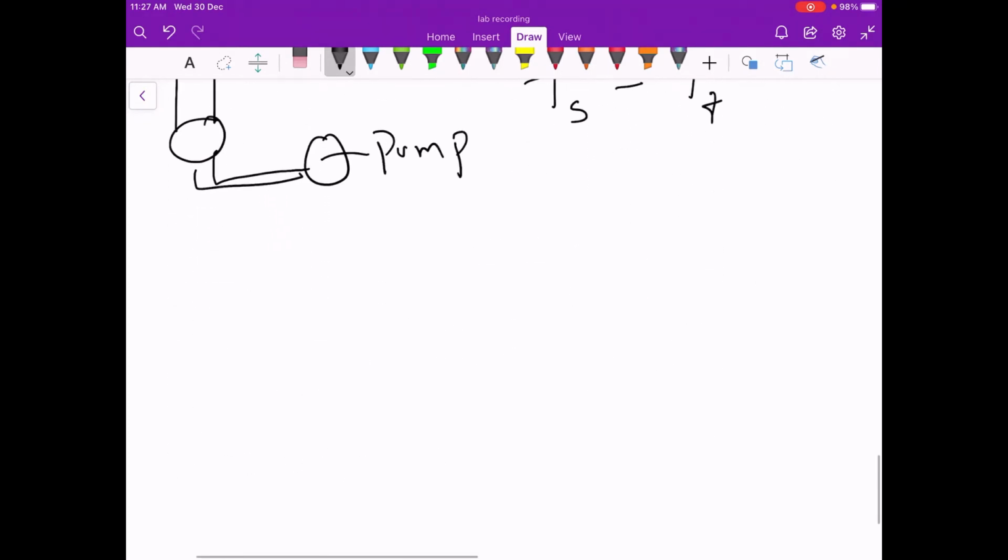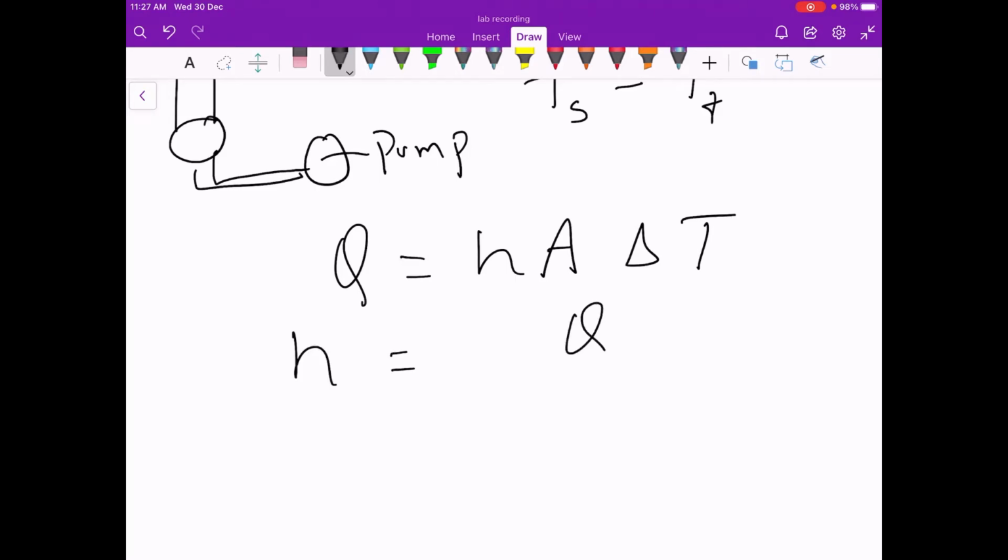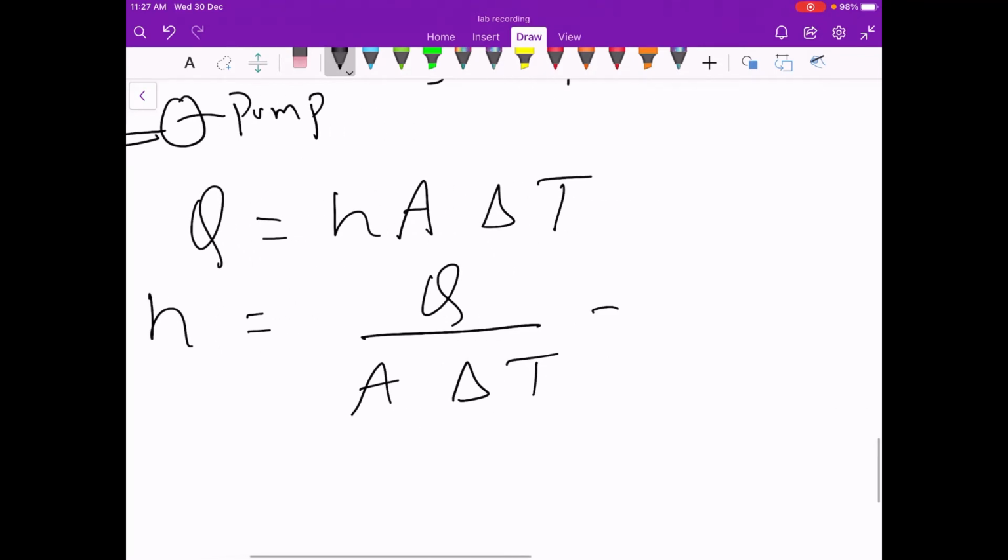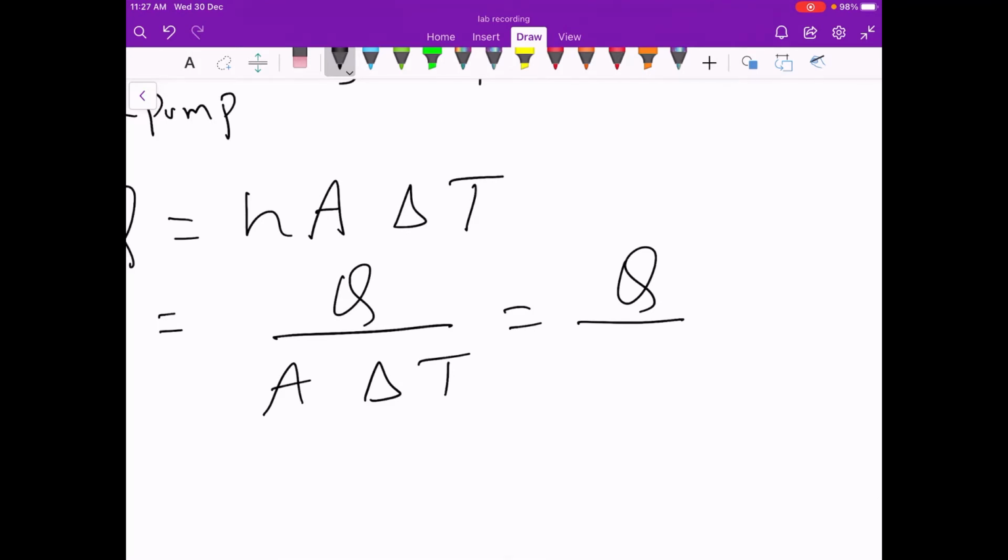So basically the principle on which we will be calculating is Q is equal to hA delta T, correct? So basically what is h? h is equal to Q divided by A into delta T. Q is the heat that you supplied. Electrical means it is V into I, that is voltage into current, divided by A. Area here you should be very careful. It is not the cross-sectional area. It is the area seen by the flow, that is the surface area, into the average temperature of the surface minus the average temperature of the fluid.